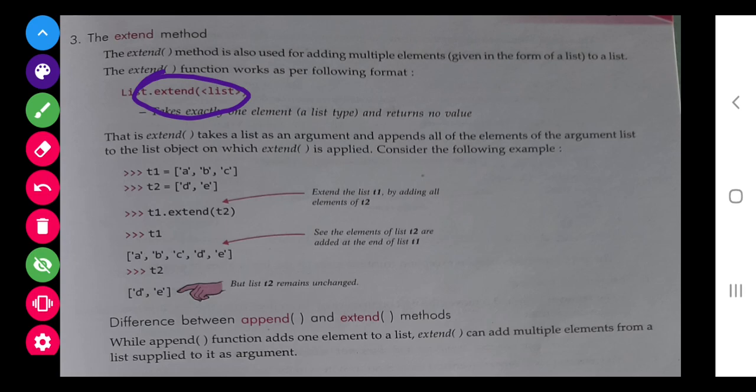Extend is to add one list to another list. T1 and T2 are two lists. If we write T1.extend(T2), then the values of T2 will be added at the end of T1 and T1 will be modified. If we write T2.extend(T1), then T2 will be modified with the elements of T1.